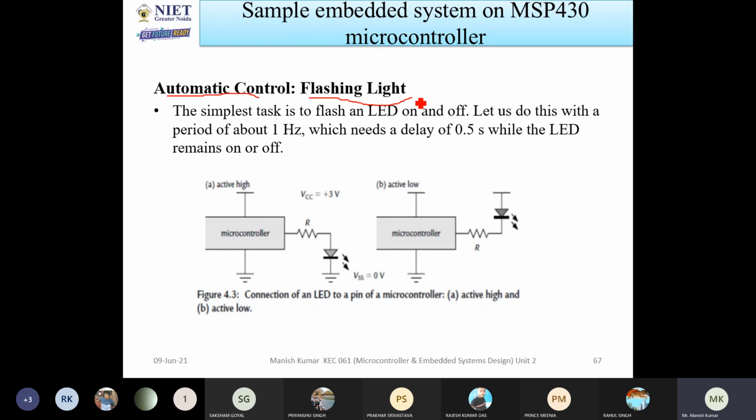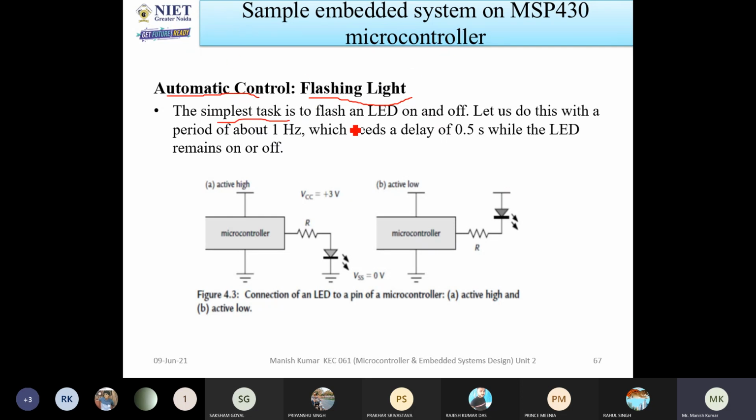It will automatically switch on and automatically switch off at a given particular time. Like if you want to switch on at 6 p.m. evening, then it will switch on, and if you want to switch off at 5 a.m. morning, then it will switch off. Okay, so in this way you can do that. For that purpose, I have given a task.